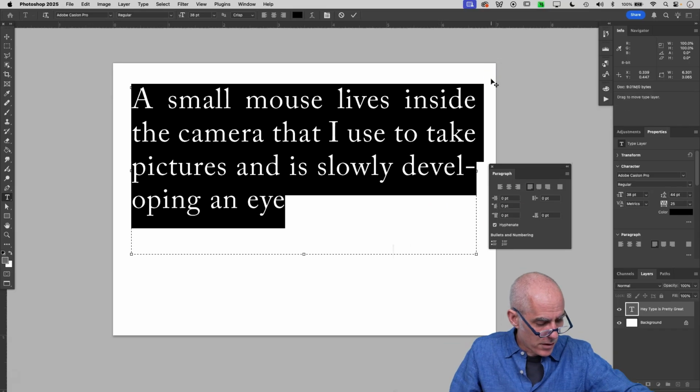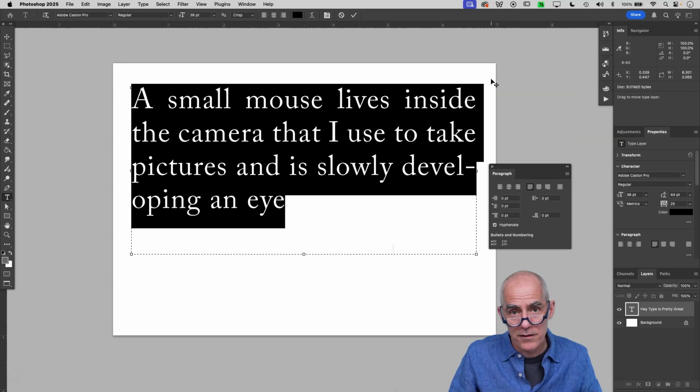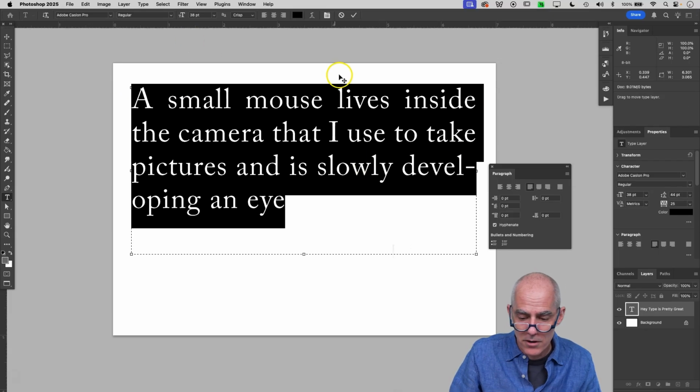So that is our brief introduction to how this text works, and now I'm going to jump on to the demo, first one,